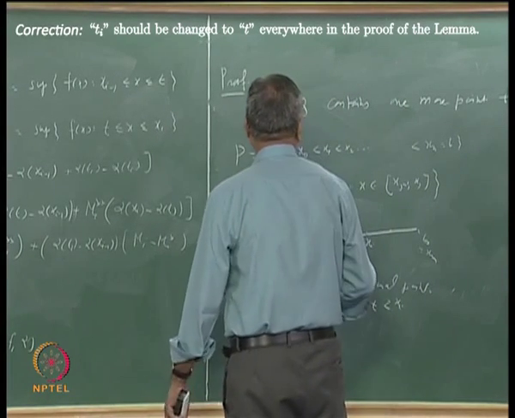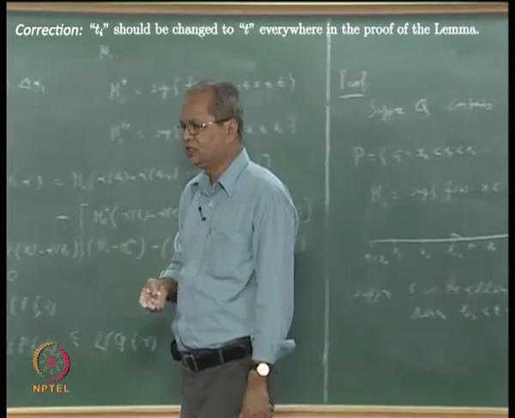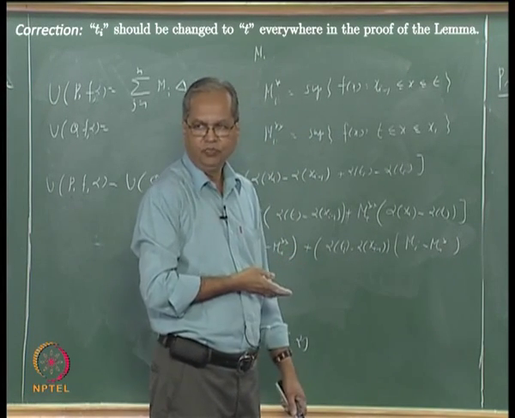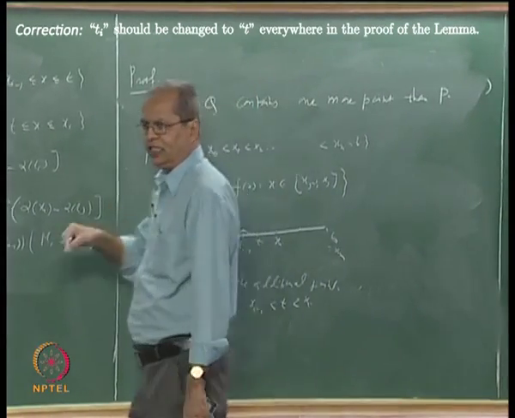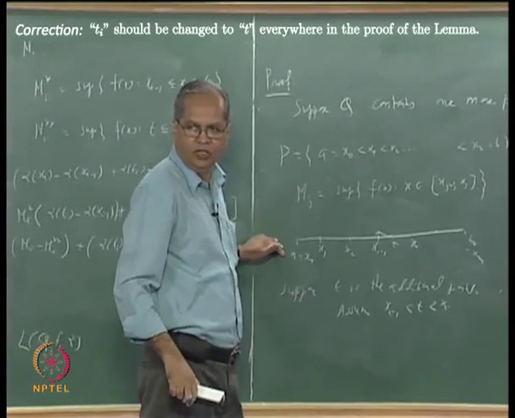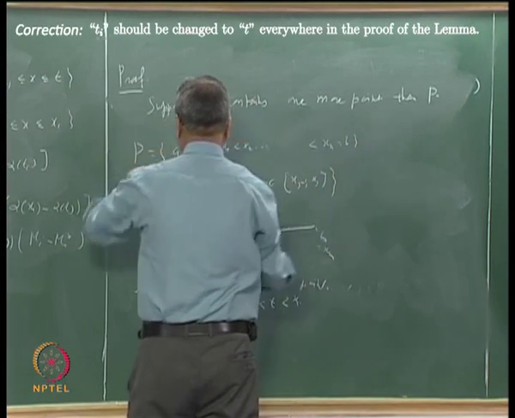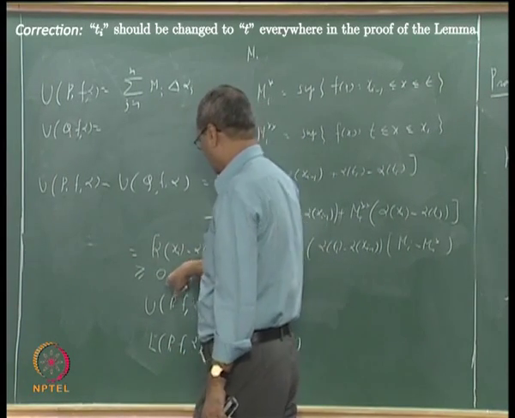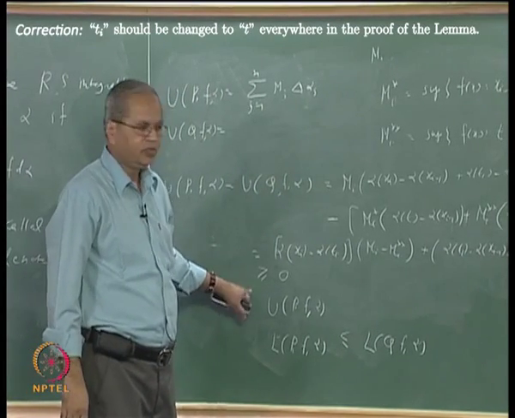Now there is only one thing which we have assumed here. We have assumed that Q contains one more point than P, but suppose you take an arbitrary case, Q contains, let us say, finitely many m points more than P. Then you can consider partitions Q1, Q2, etc., where at each stage you add one more extra point, and then use the same inequality. So by induction, if Q contains finitely many more points than P, then by repeating this same argument that many times we will be able to prove that upper sums reduce and lower sums increase by taking the refinement. I think we will stop with that.